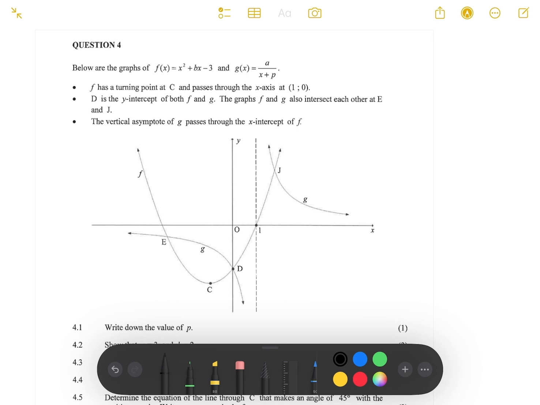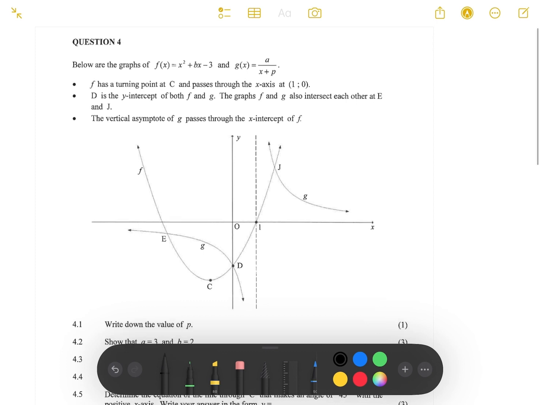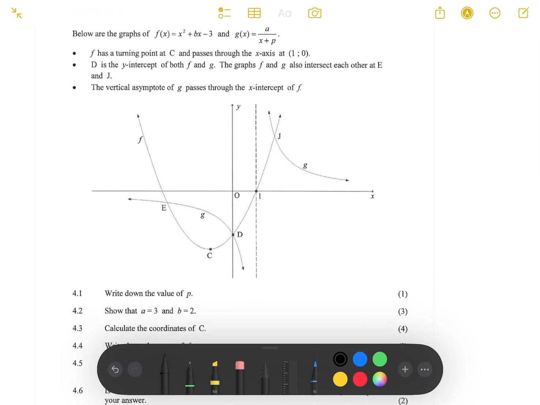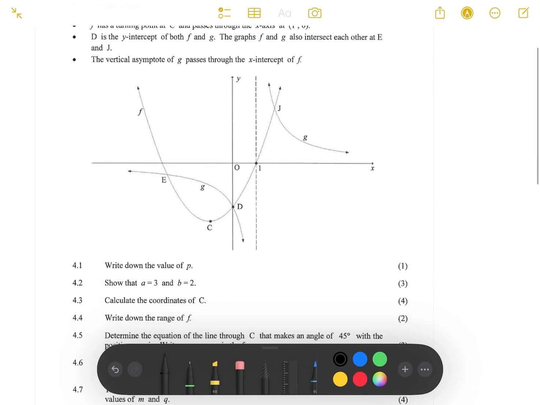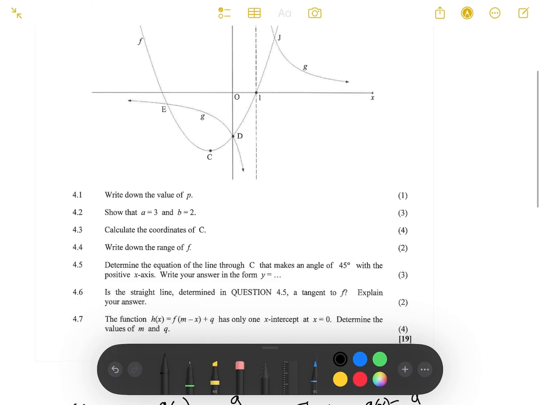And then we're given that D is the y-intercept of both f and g. Okay, so basically it's their intercept. And then we're also told that f and g also intersect at E and J. Okay, and then we're also given the vertical asymptote that it passes through the x-intercept of f. So from this we are then asked what is the